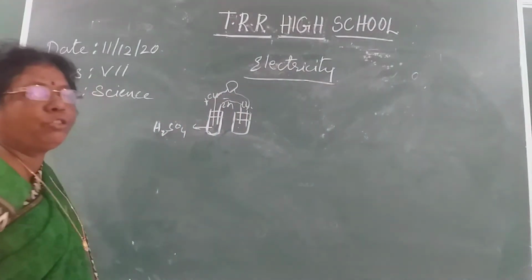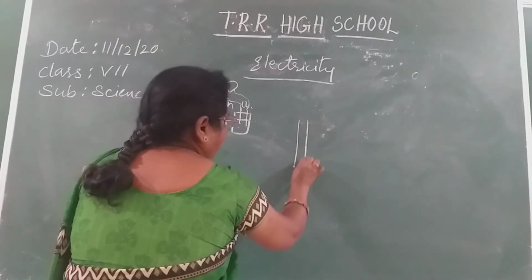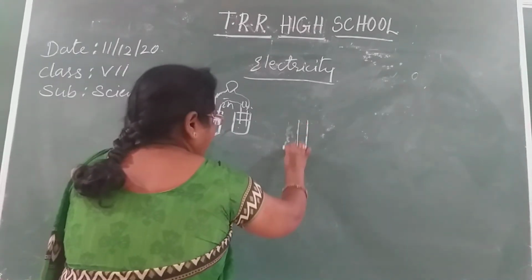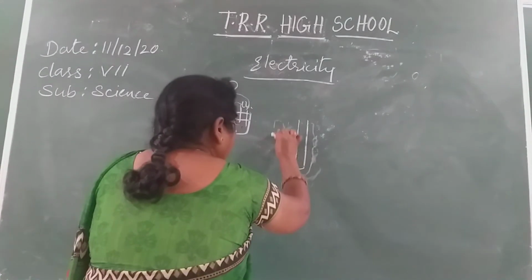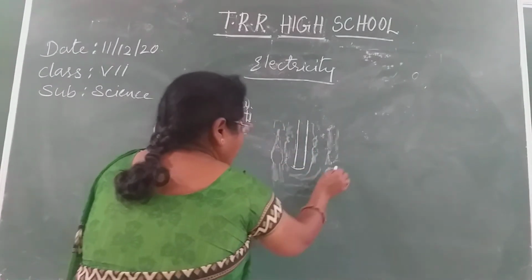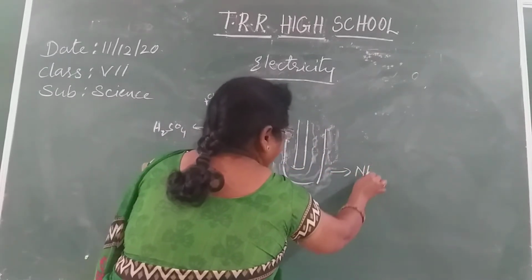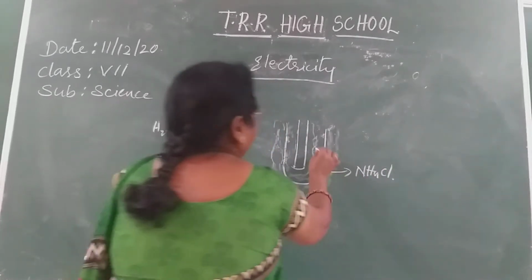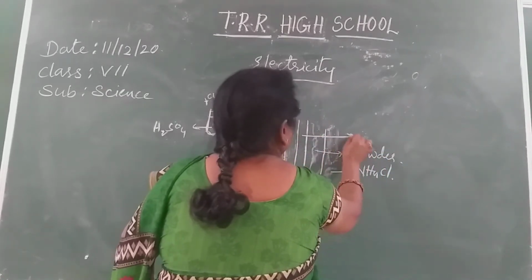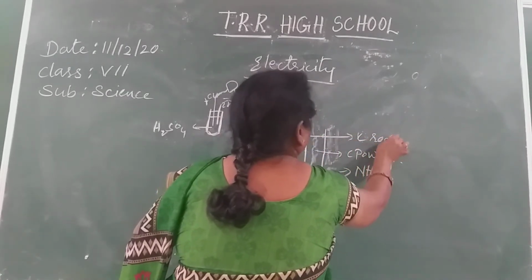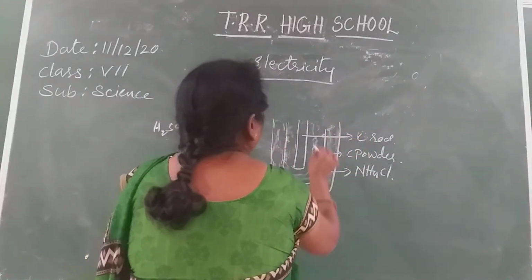What are the chemicals we use in a dry cell? A carbon rod, which acts as a positive terminal. The carbon rod is surrounded with carbon powder. The carbon powder is surrounded with ammonium chloride paste. This is the ammonium chloride paste, and here this is the carbon powder, and here the carbon rod is there, isn't it? And these are sealed using the zinc sheet, which acts as a negative terminal, and